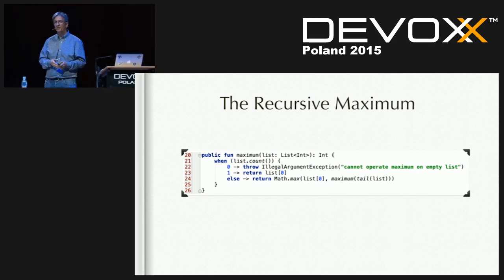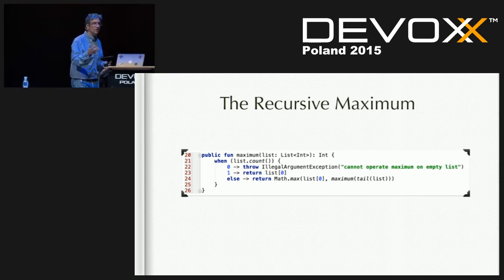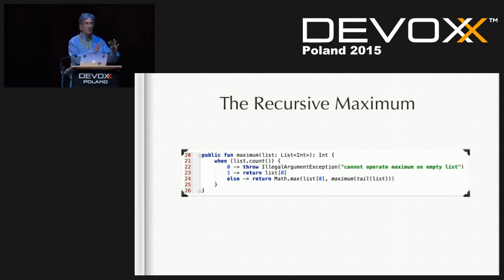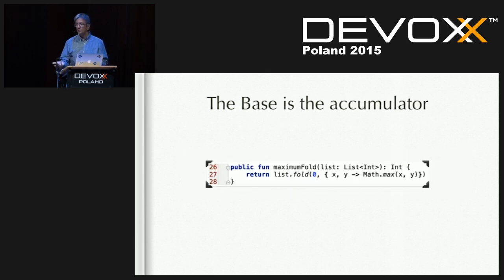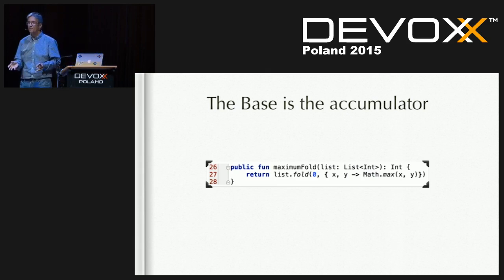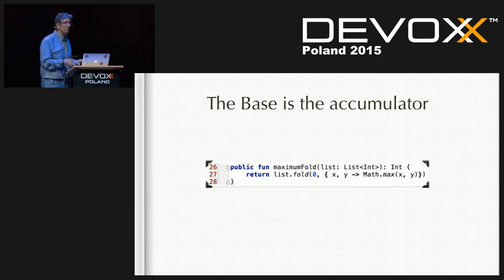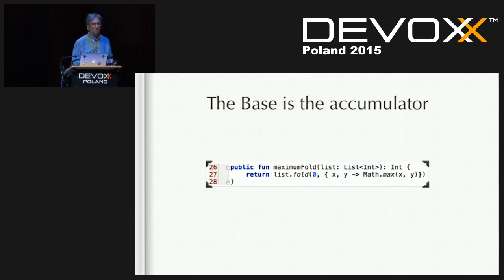This is very common if you're studying Scheme or Lisp. If you've seen that, you always operate in terms of first element and rest of the elements. So this is a typical way of calculating the maximum. You know how else you can calculate a maximum? You can use fold, what we just saw, because it's essentially the same thing, except the first base element is called a 0. So you could implement a maximum of a list using fold, and it's much faster because it's not recursive.